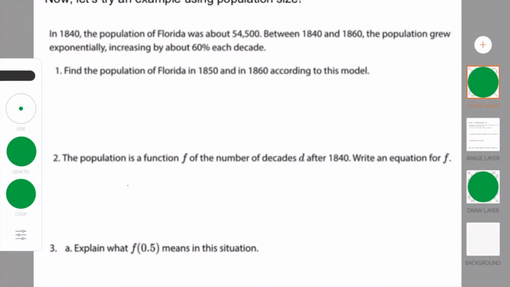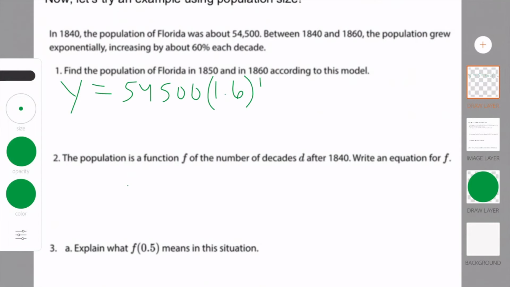Now we're going to do an example using population size. Our initial population here is 54,500, talking about the state of Florida in 1840. And then our rate of change was 60%, so we get 1.6, right? Now time is measured in decades here, so it's 1 decade later in 1850, all right? And that comes out to